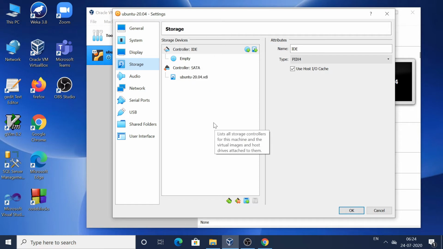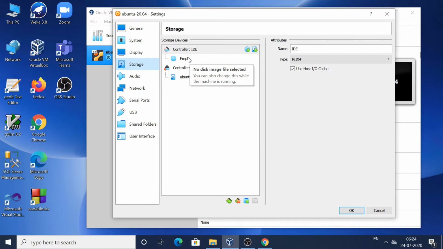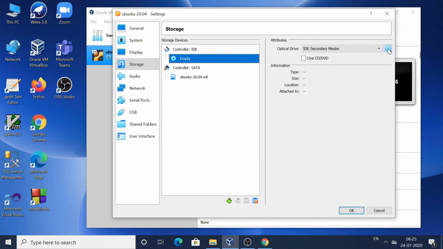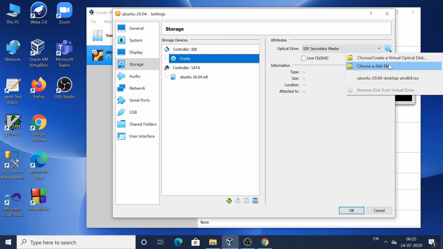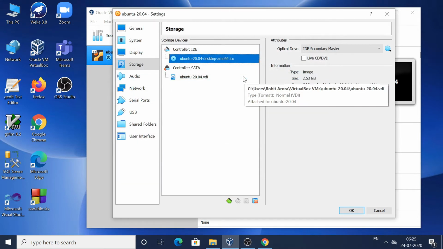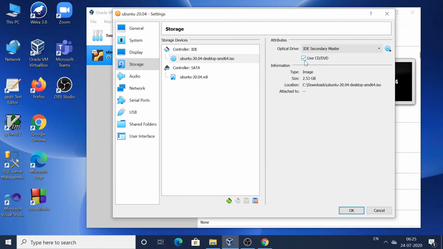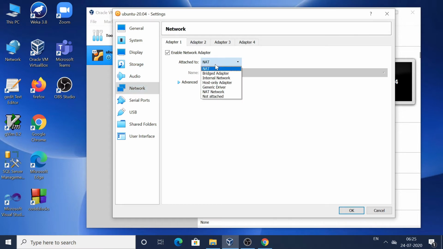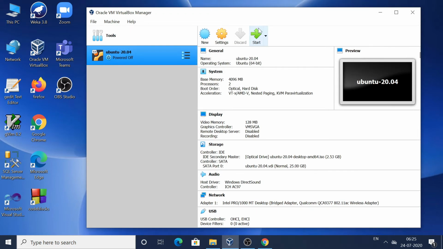You have to select the ISO file for this. Click on this, choose disk file, tick the live CD option. In the network option, choose bridge adapter. Now the settings have been done. Click OK. Start the machine.